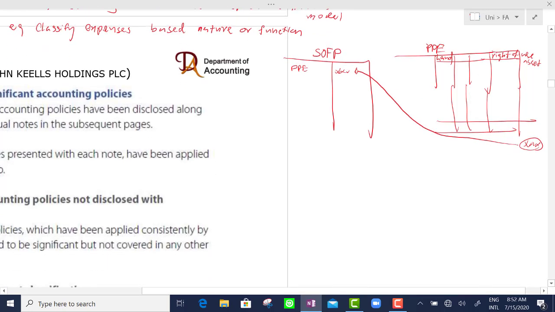If I say again, the right of use asset, you can include in the carrying amount of the PPE, then it will go to the statement of financial position under the caption of property, plant and equipment. Alternatively, you can use a separate line item. In the SOFP, that is the statement of financial position, you can take PPE separately and right of use asset